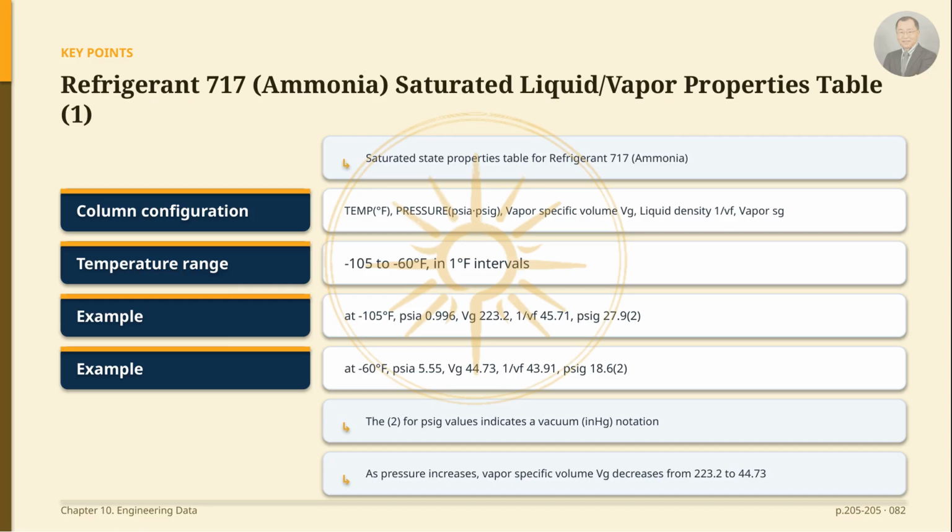When the temperature rises to -60 degrees Fahrenheit, the pressure becomes 5.55 Sia, the vapor-specific volume is 44.73, and the liquid density is 43.91. The parentheses attached to the Sig value are a note indicating that the value is expressed in inches of mercury for vacuum conditions. You can see from the table that as the pressure increases, the vapor-specific volume Vg decreases significantly from 223.2 to